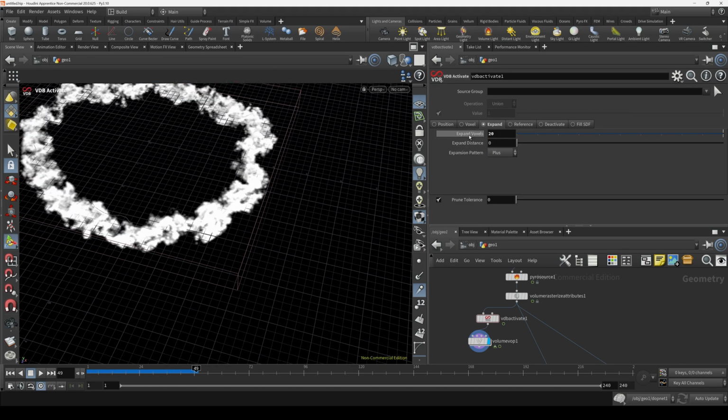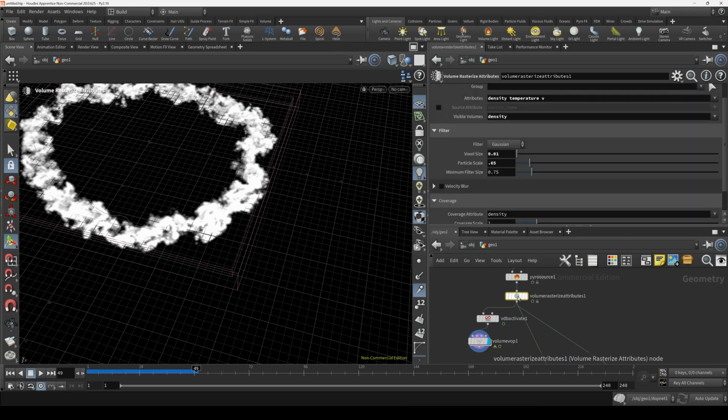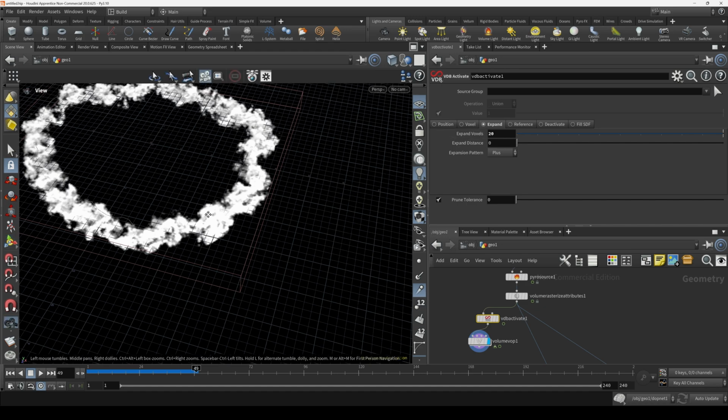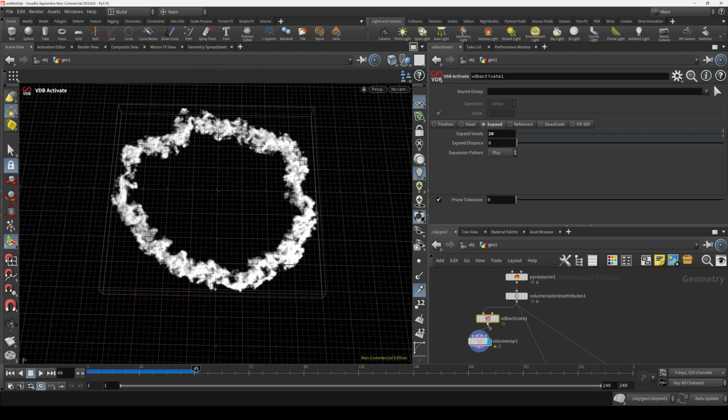You don't want to expand this too much. It just depends on your source volume's resolution. If this was like a very high res, like 0.0005 voxel size, and you try to expand by a lot of voxels, it's going to add potentially hundreds of millions of voxels to your volume, and that would not be good. So now we can plug this in,